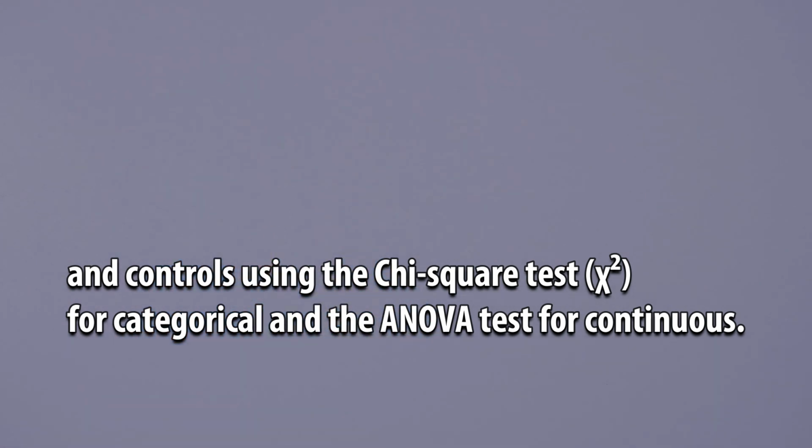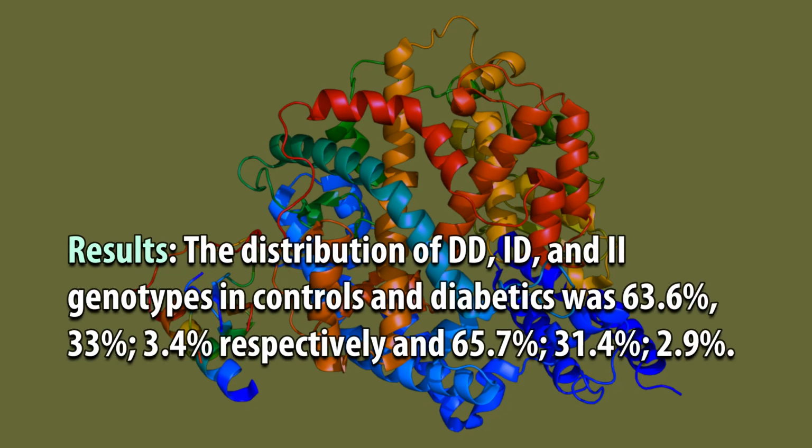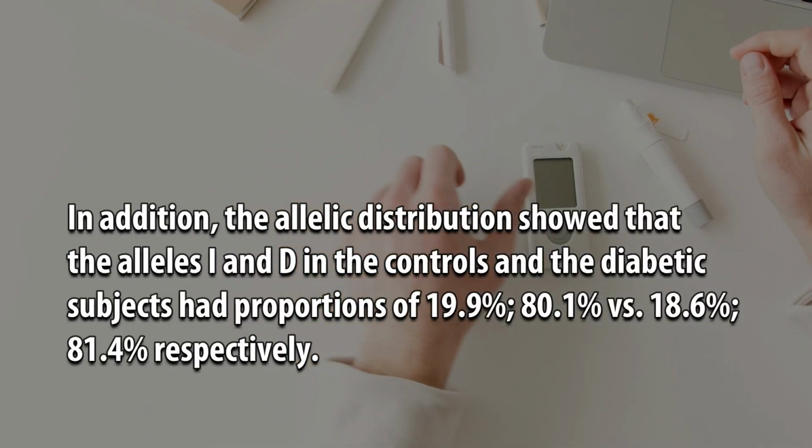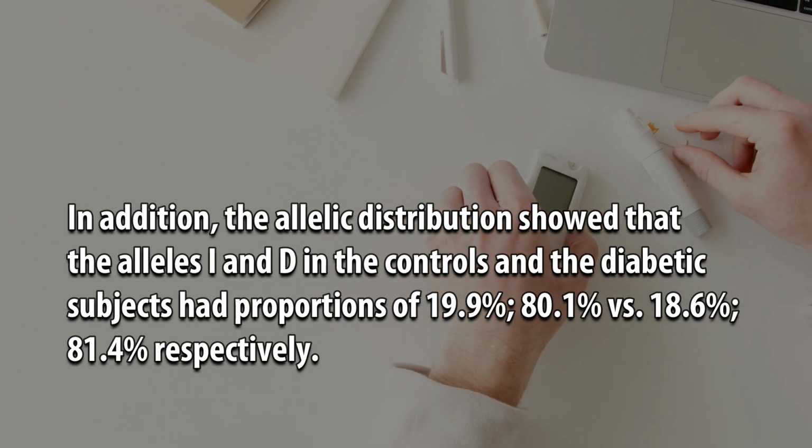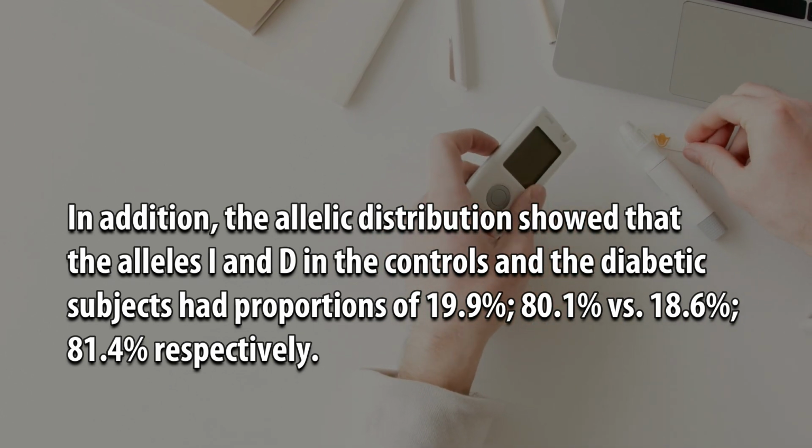ANOVA test for continuous. Results: the distribution of DD, ID, and II genotypes in controls and diabetics was 63.6%, 33%, 3.4% respectively, and 65.7%, 31.4%, 2.9%. In addition, the allelic distribution showed that the alleles I and D in the controls and the